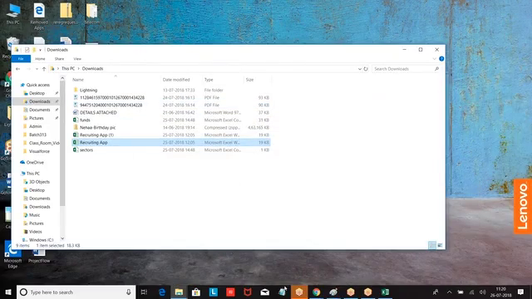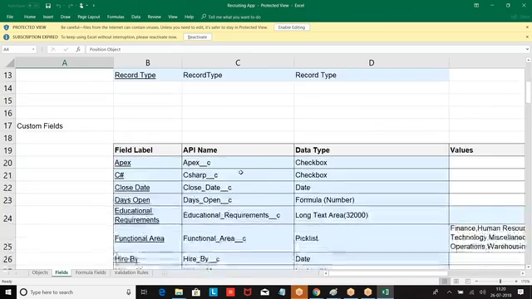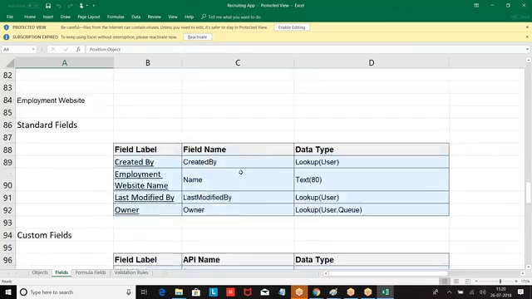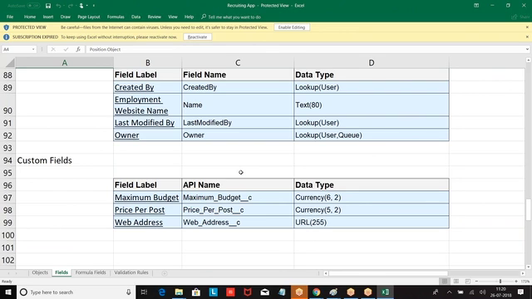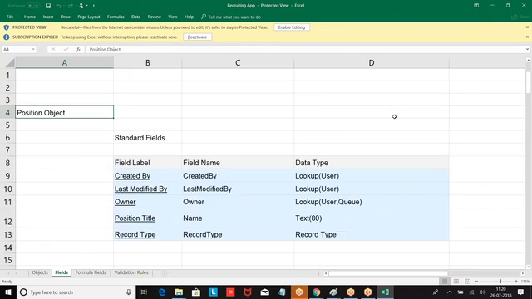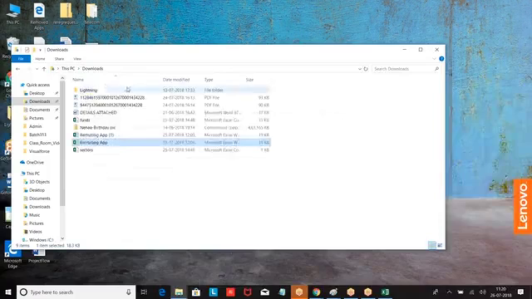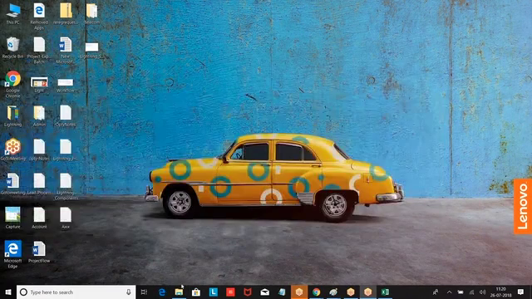Now if I want to implement this, there are a group of objects and a group of fields. If I go with a standard navigation, it will take a lot of time for me. So I will not go with a standard navigation. I will prefer to go with a schema builder. So what I'm doing, go to the